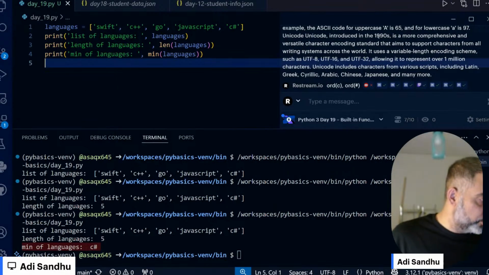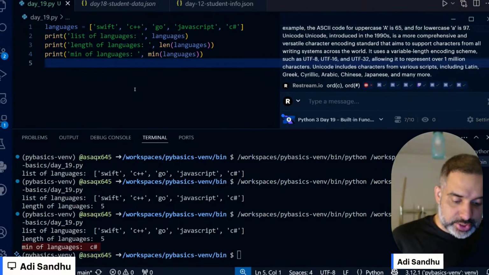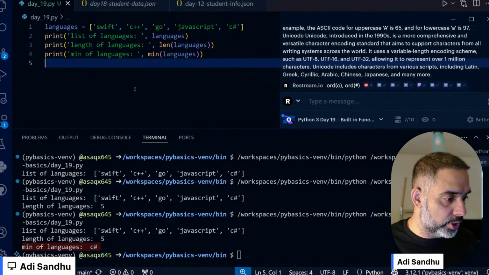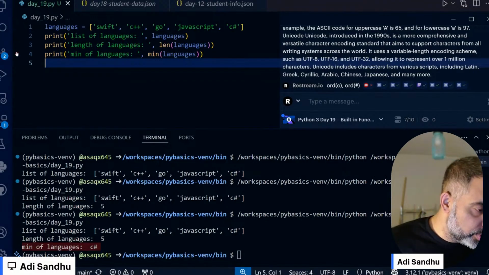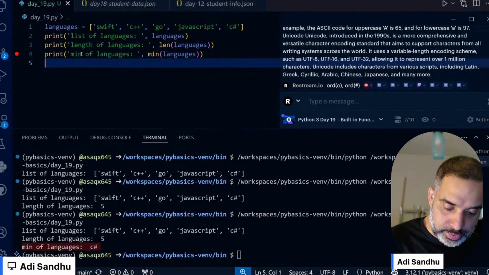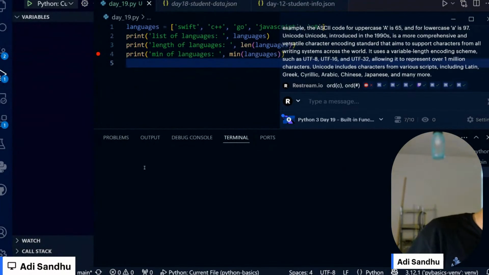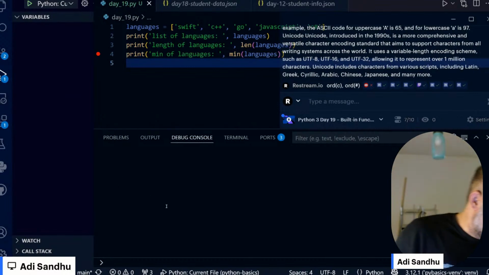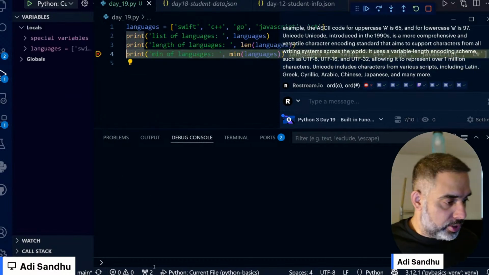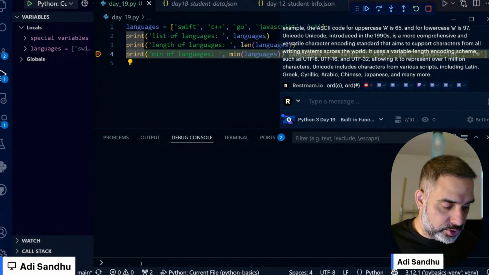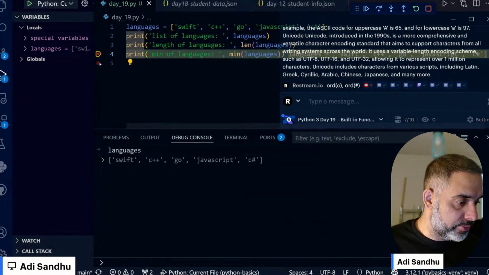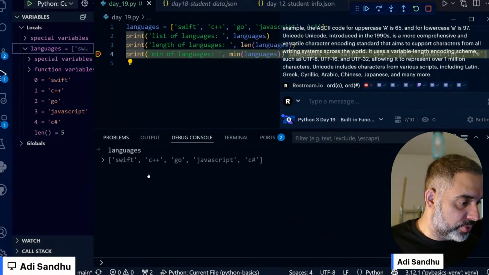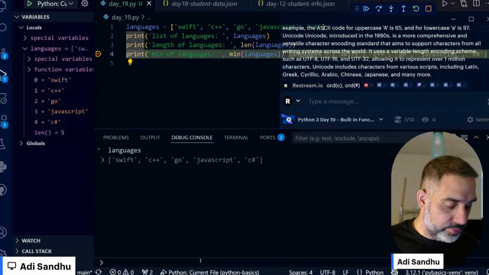So if you want to go through the list or whatever, we should do it in the debugger. Let's try and do it in the debugger really quick because it's the right way to give you an example of how this works. So we have languages, which is right there. That's your languages right there, right? So if you want to do